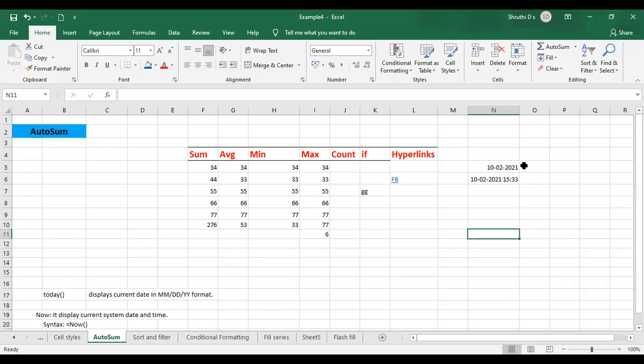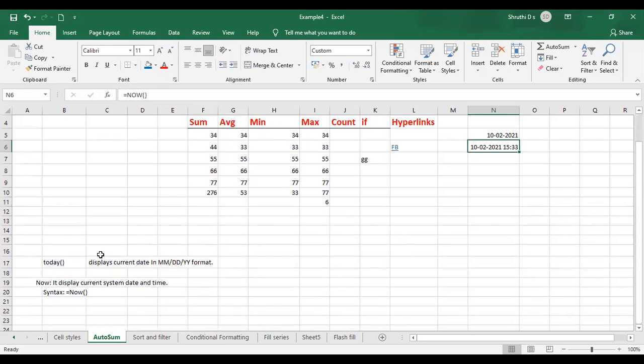This is for TODAY. As you can see the formula over here, this is TODAY and this is NOW. As and when I'm writing here, I have put the important points over here. Try to take a snapshot of this or write down something so that you will remember. Up to this, I hope everybody has understood.